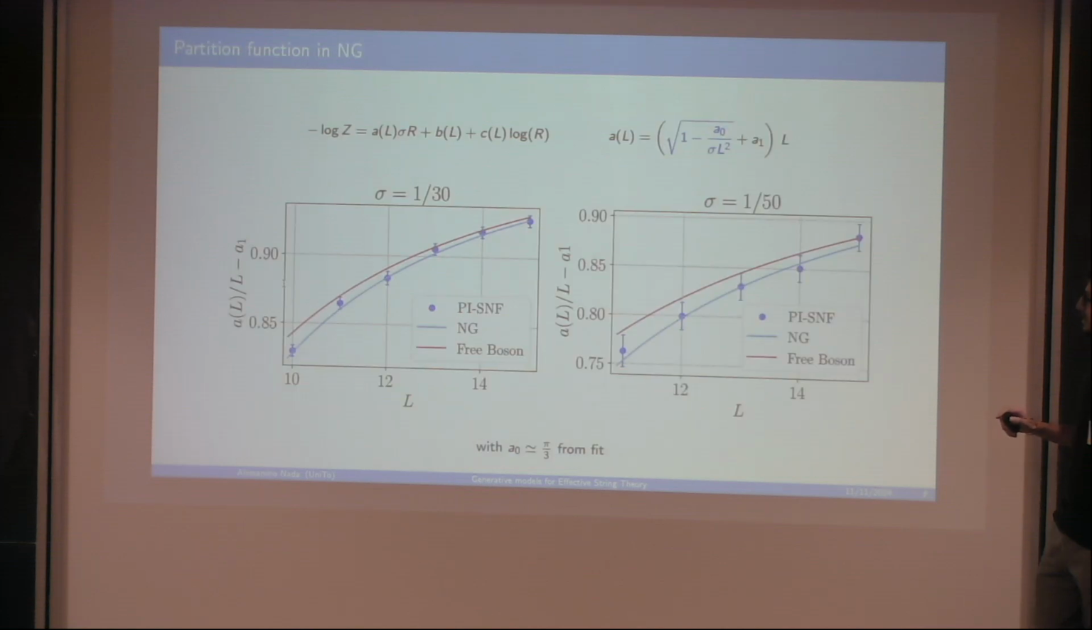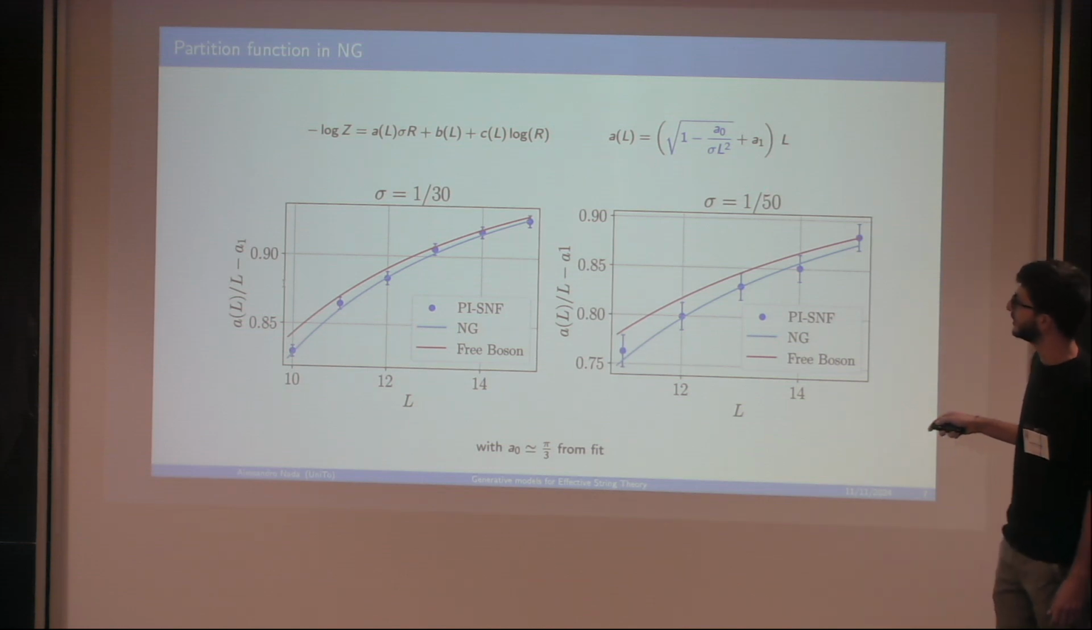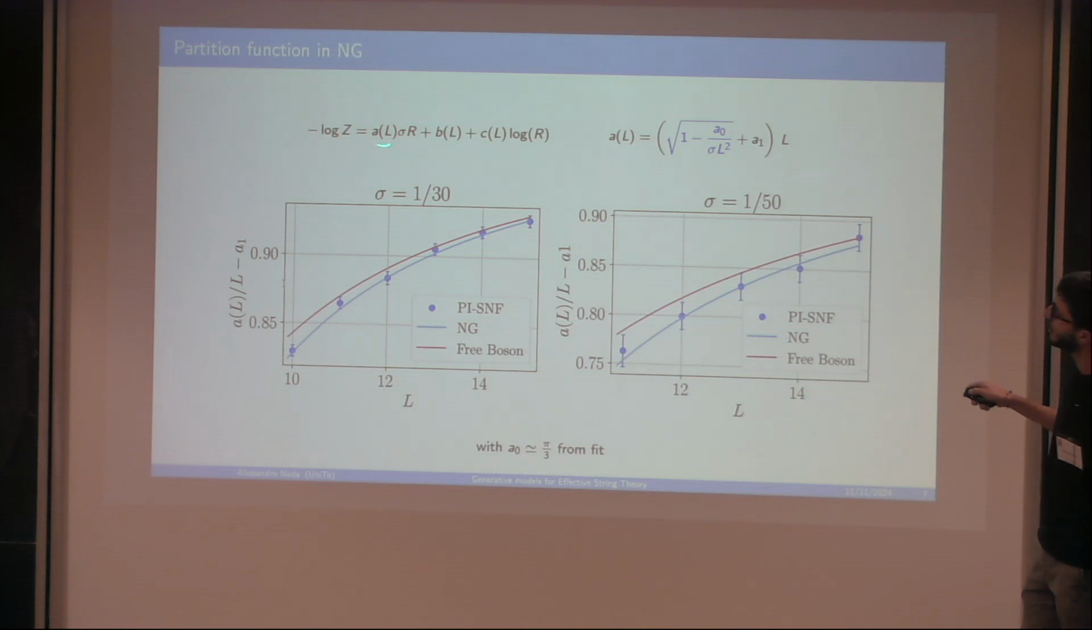So we tried, and these are the results. The blue points, both here and here, for two different values of the string tension, are our results, in particular for this combination of the coefficient of the essentially linearly rising potential. And you can see that it perfectly overlaps with the Nambu-Goto